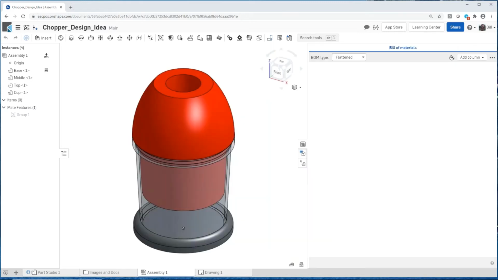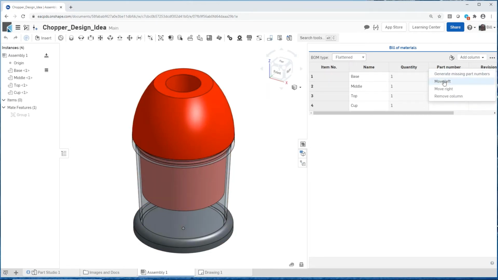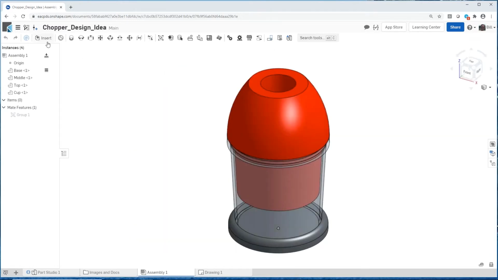Of course, if we have an assembly, we have a bill of materials, so we can see the names of the different components, their quantities. We have a part number. Maybe I'll move this over a little bit. And we also have what revision they're in. So all this information is either being pulled from the part or it can be pushed into the parts that we have here in our assembly. And this is the same bill of material we're going to see in a drawing when we create a drawing for this. But at this point, we have our point of reference where we have our prototype ready,